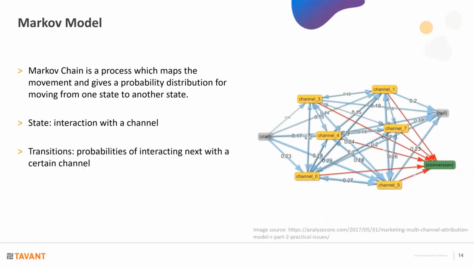The third model I want to talk about is a Markov model. Now, if you saw in the previous two models, the logistic regression and the Shapley value, there was no concept of the sequence in which the customer went through the journey. However, in Markov models, we take care of the sequence aspects also. So this particular modeling method relies on how the different journeys indicate the probability of a customer transitioning from one channel to the other channel.